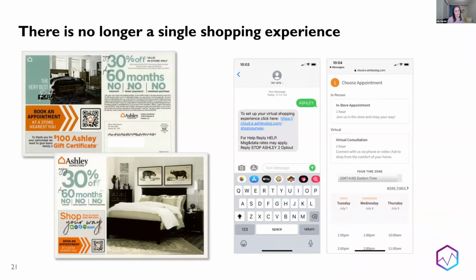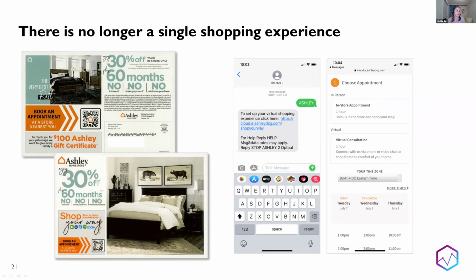One of the shifts that we really saw, again, of course, because of COVID, was the lack of brick and mortar shopping. And so we saw some really interesting pivots from brands trying to make the best of a bad situation of people not feeling comfortable coming to the store. And I thought this was really clever, where Ashley Furniture Store, a really large, massive national furniture retailer, really tried to reimagine the shopping experience in this COVID era.